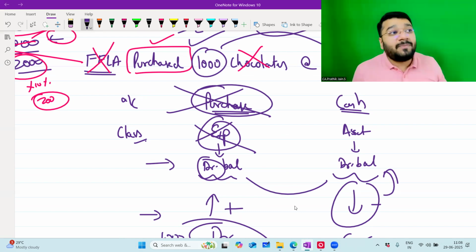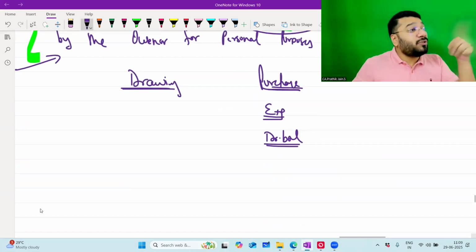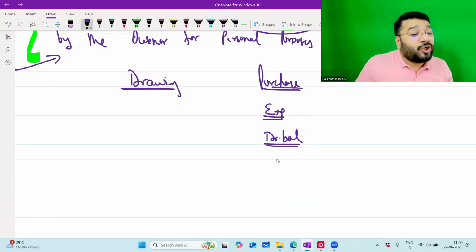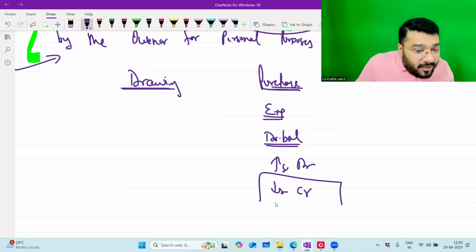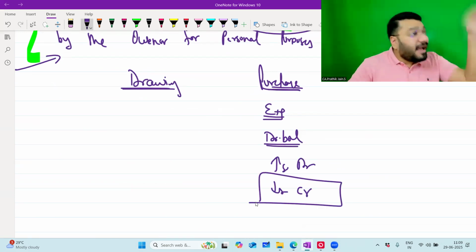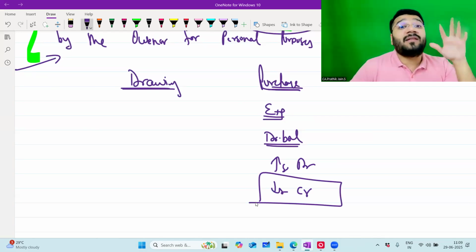So what will the income tax department say? Whatever expense you have recorded, cancel it, reverse it. To increase expense, debit. To decrease expense, credit. So here, when the goods are withdrawn from the business for personal purpose, we have to reverse the expense. To increase the expense, debit. To decrease the expense, credit. Here, this is what is happening. We have to reduce our expense because we cannot record our personal expense in the books.